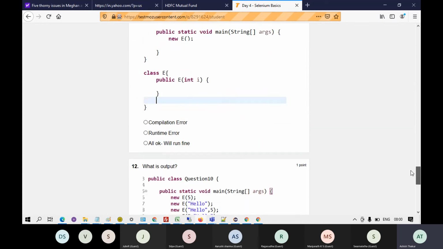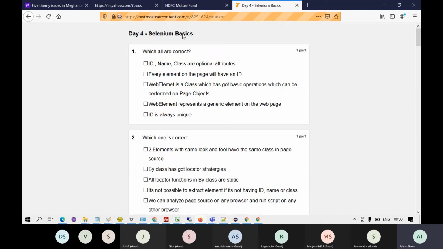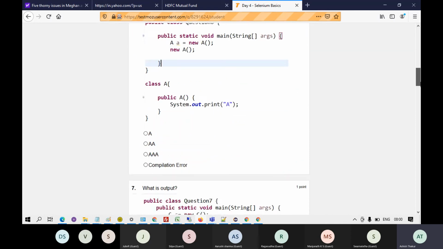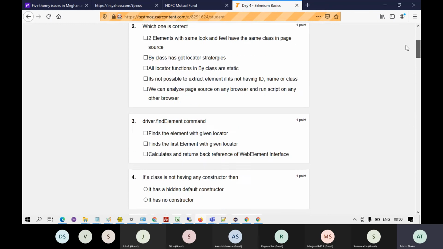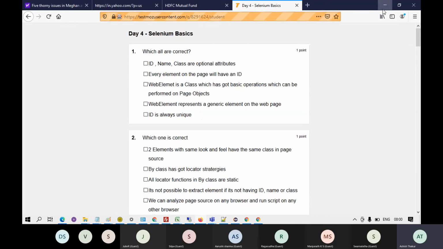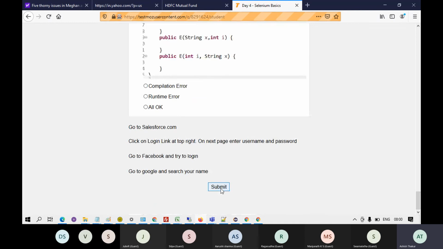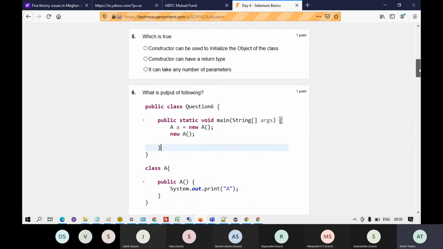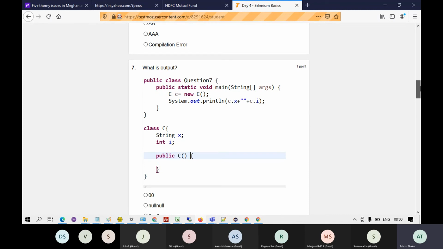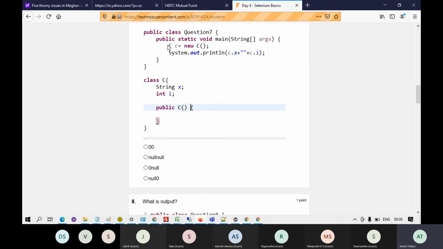And it's not just for Java Selenium. In interviews also, it will help you because these are the kind of questions you can be asked over there. So this is not a test. This is for your broader understanding. When you submit it, you are going to get the correct answers and the description as well, of what the actual output is. Okay, if you don't get it, you can write the code in Eclipse.